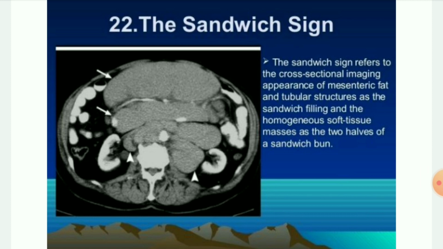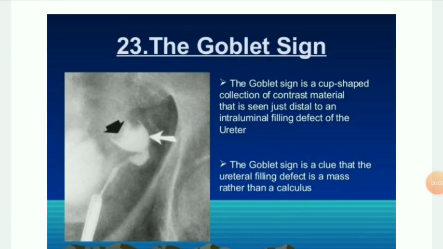There are numerous causes of mesenteric adenopathy: carcinoma, carcinoid tumor, lymphadenopathy syndrome associated with acquired immunodeficiency syndrome (AIDS), tuberculosis, Whipple's disease, and inflammatory bowel disease are among the most common causes. These diseases, however, do not produce the large bulky adenopathy that results in the sandwich sign. This sign is specific to mesenteric lymphomas. Most mesenteric lymphomas are non-Hodgkin lymphomas. Next sign is the goblet sign.